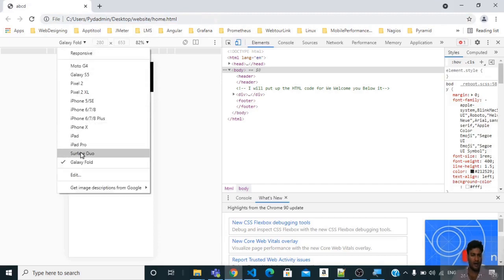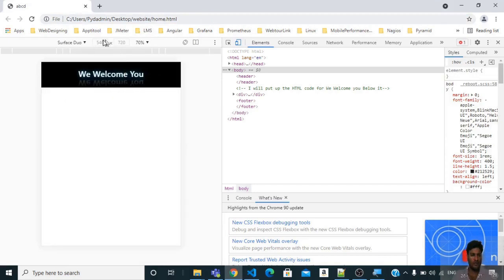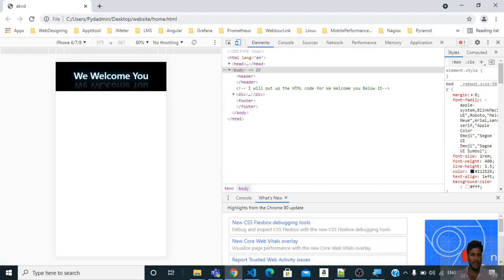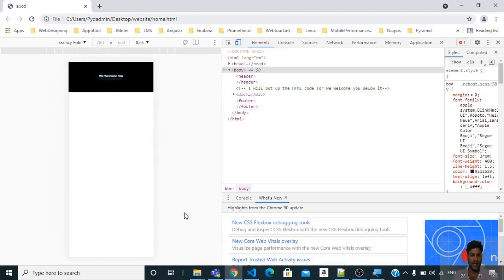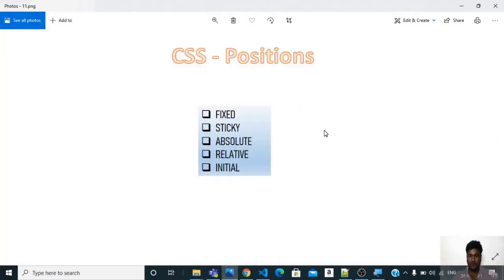If I go back from Galaxy Fold to Surface Duo, the width is now 540, and hence the text size has also increased. If I go ahead and see something else, the text size remains the same, but it is only small for Galaxy Fold. So the next thing I want to talk about today is CSS position element, and then we will